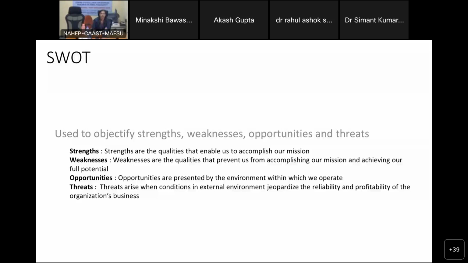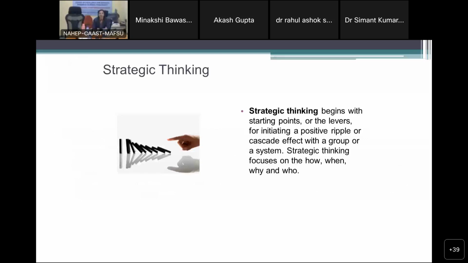Okay, so now we come to strategic thinking. What does strategic thinking mean? What is strategy? Planning. So planning should be how? Now we all watch cricket. They also have a plan. They have a strategy, yes or no? Without strategy, if they say, okay, fine, our team is good, let's go and play, what will happen?